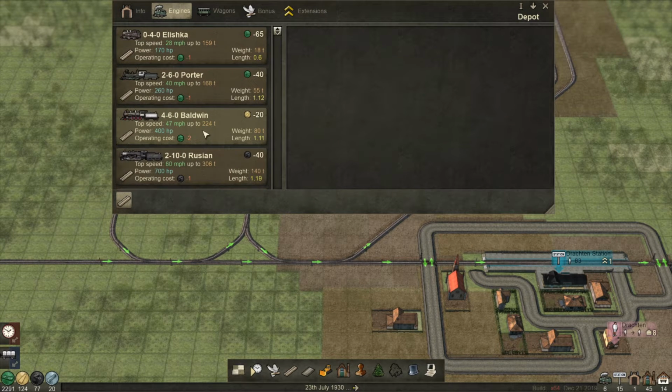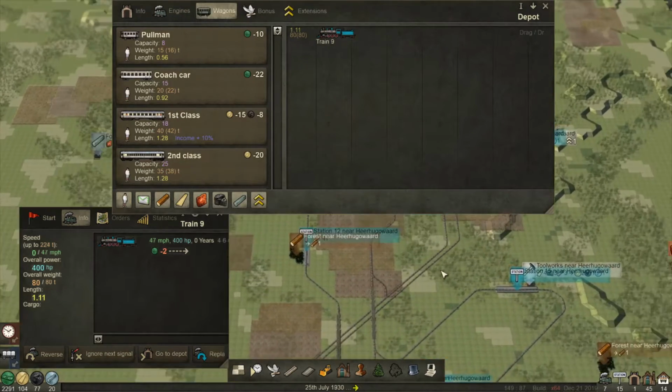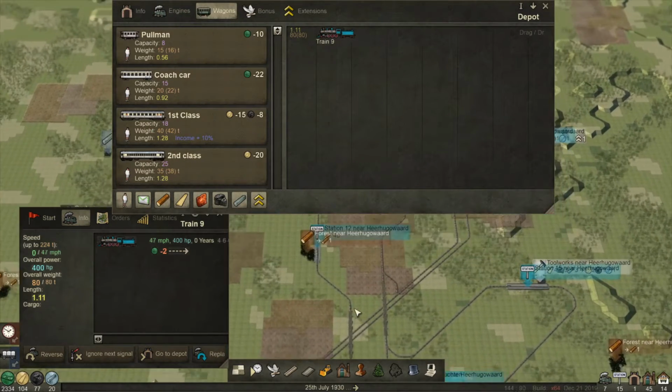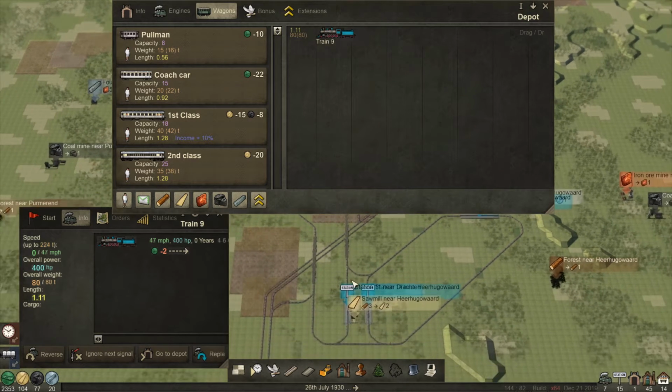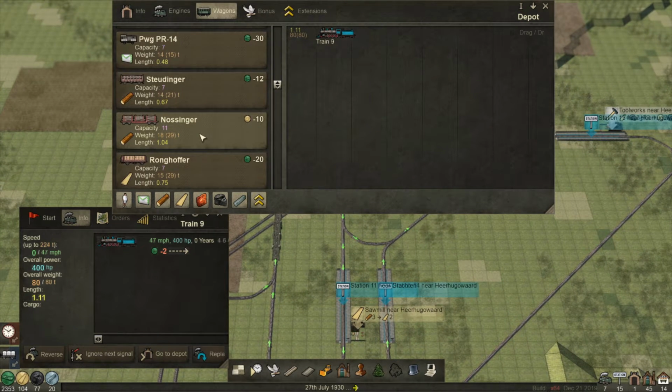Let's do it. Baldwins, hauling, first logs. Yeah, we'll probably get 2 Baldwins going in and out of this loop. So logs, how many can you carry? I think 55 was the kind of the...